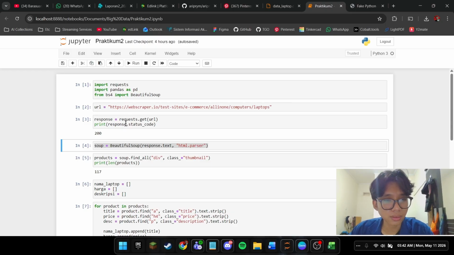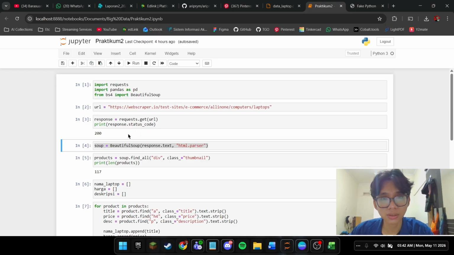And then I store the target URL, a simulated e-commerce page containing a list of laptop products, into a variable called url. Then I send an HTTP GET request using requests.get(url) and store the result in the variable response. To verify the connection, I print response.status_code.